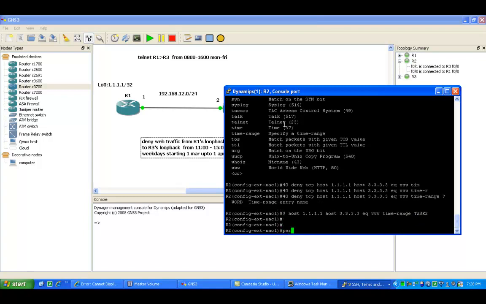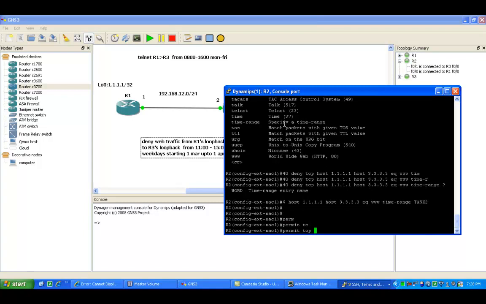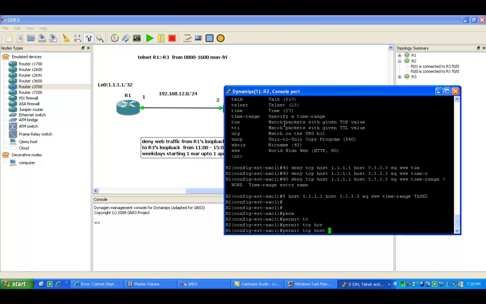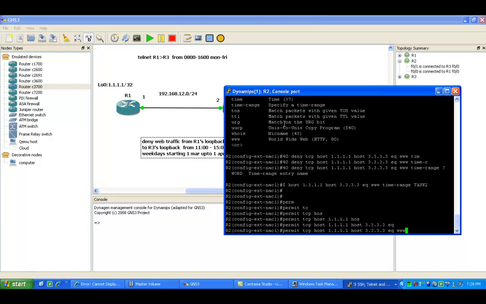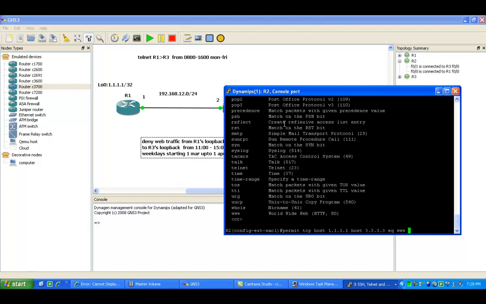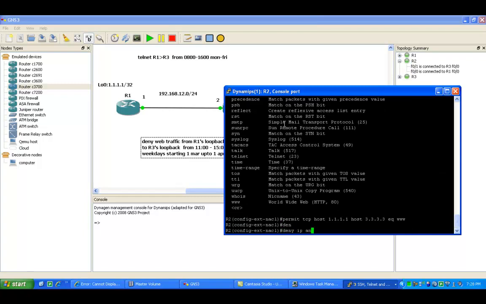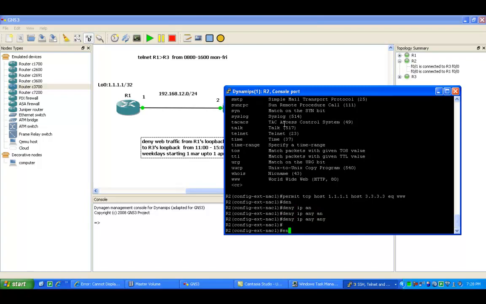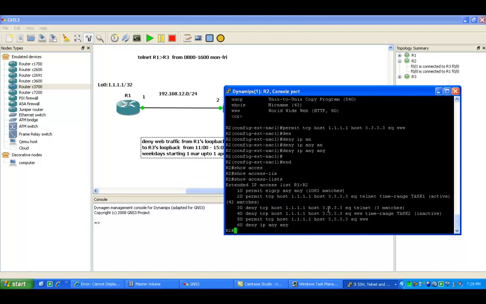And then underneath this we'll do a permit TCP from host 1.1.1.1 to host 3.3.3.3 equal to www. Then we'll just do a deny IP any. So if we do a show access list here, as you can see, we put our deny statement on the web traffic